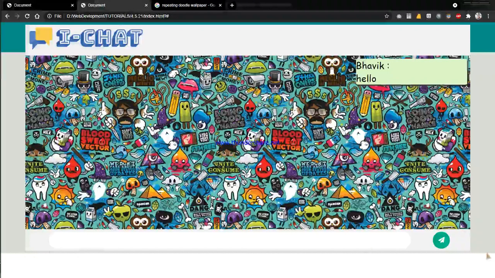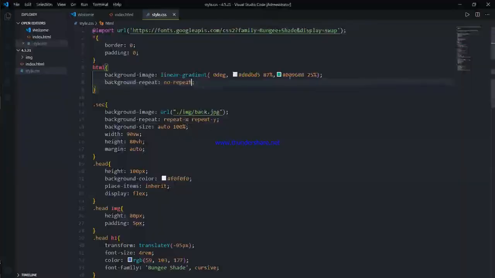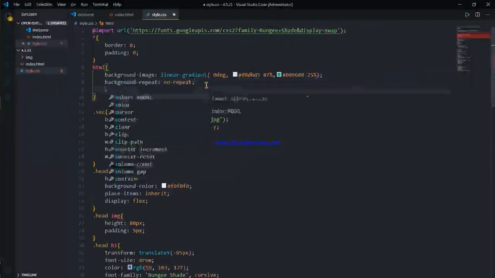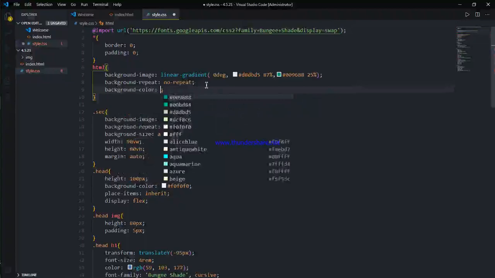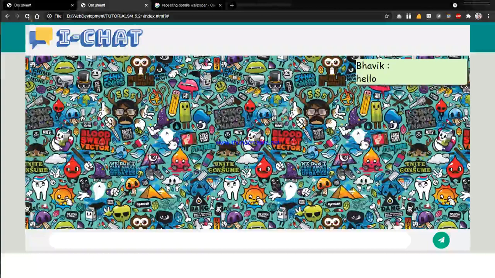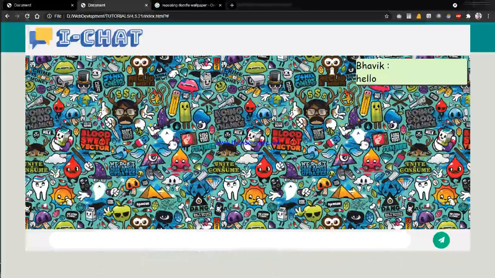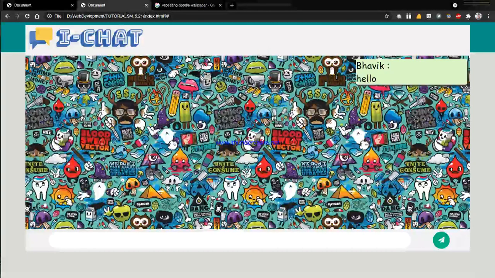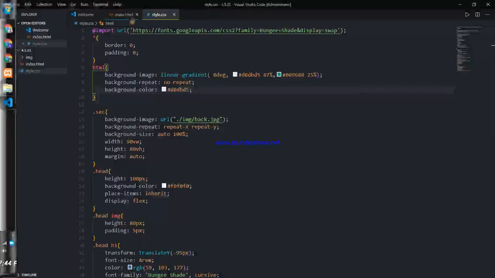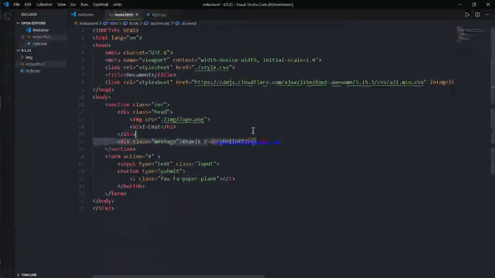F5, it's gone, but there's a free space here, empty space on here, so we can get this color, background color, add a hashtag and paste, and it's all done.